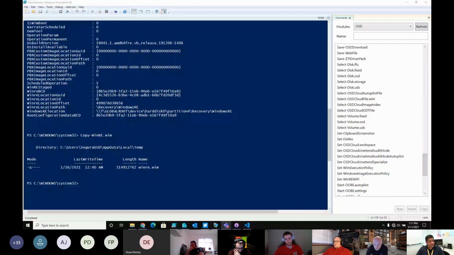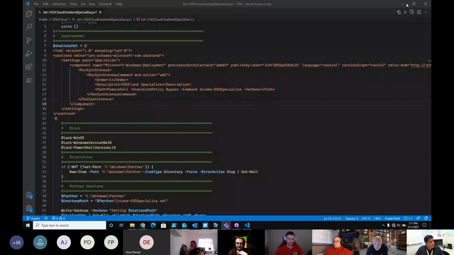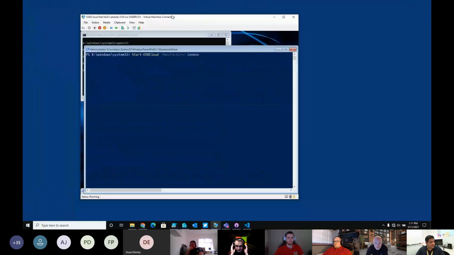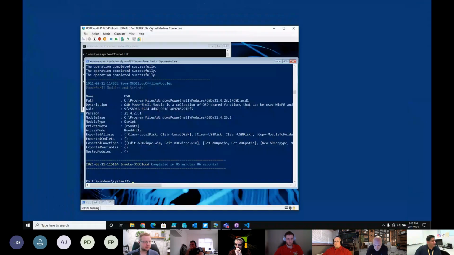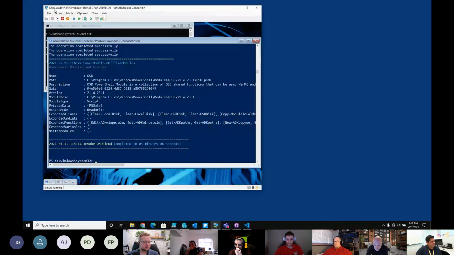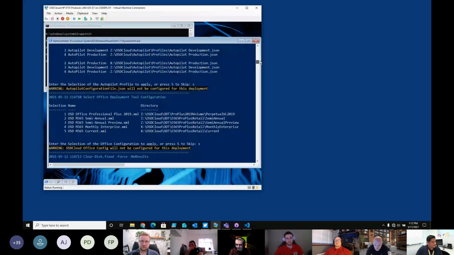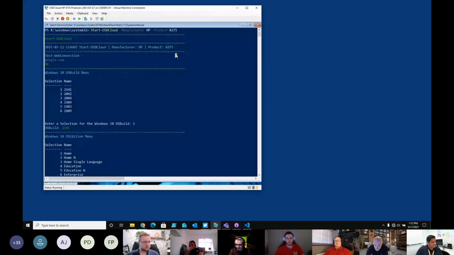If you want to send me some free ones, but the best example I can give is if I look at this virtual machine here, and you'll see the title of the virtual machine is OSD Cloud HP 8735 ProBook. It's some big ungodly name, but I save it in the name because it allows me to, let's see if I can make this bigger.